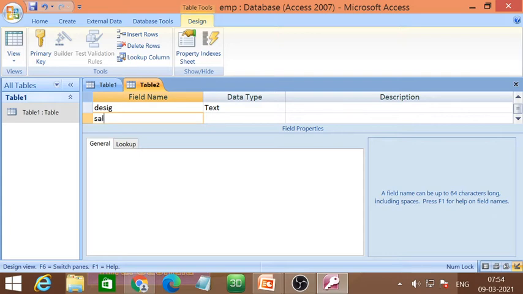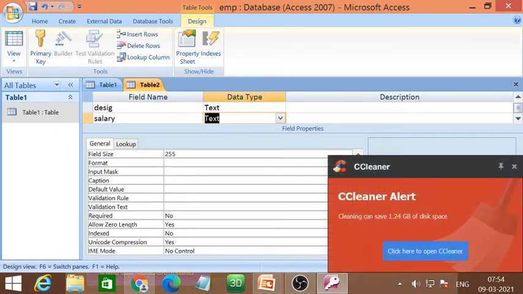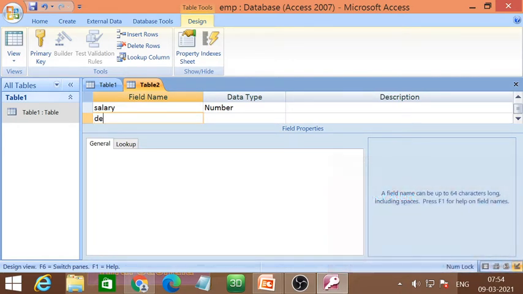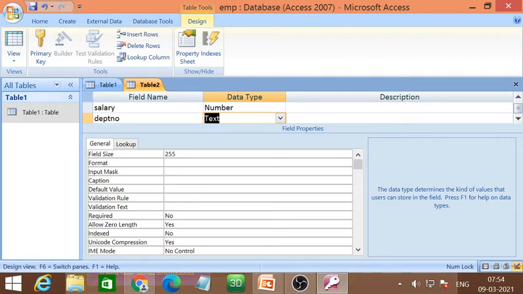Next field is salary. Tell me students, the salary will be counted as a number, so the data type will be number. Last field is department number, so DEPTNO. Again the department number is a number, so the data type is number.